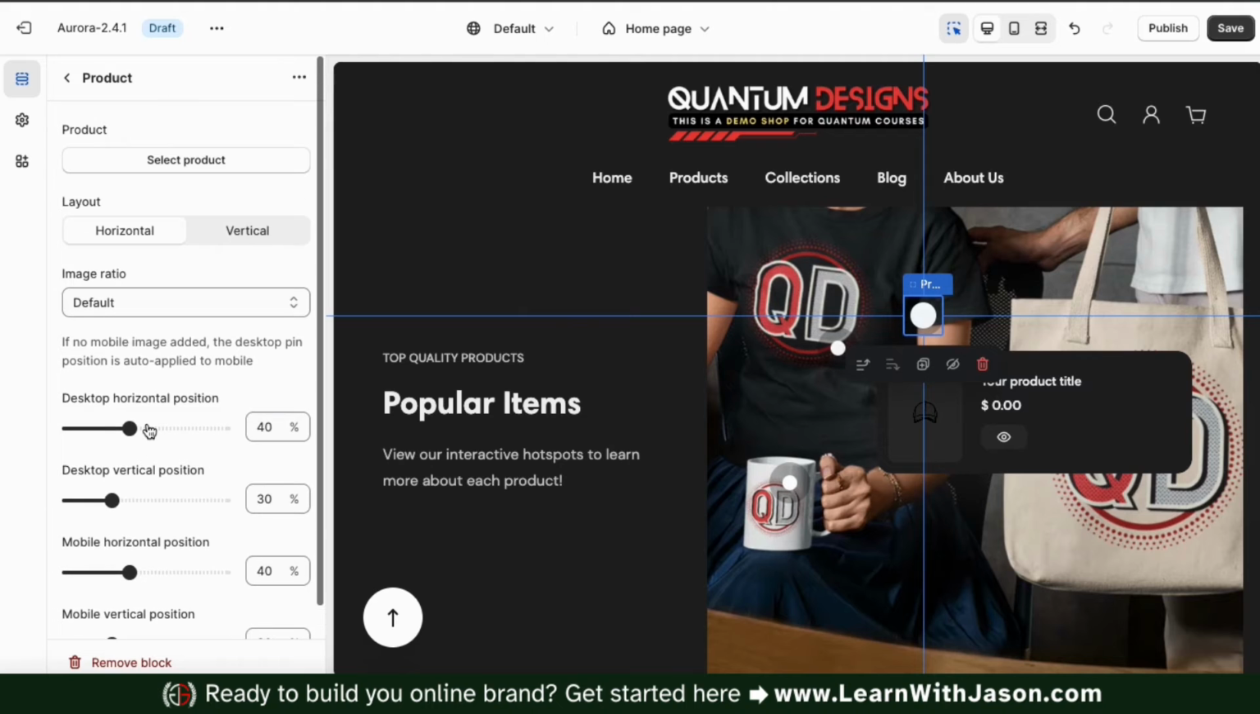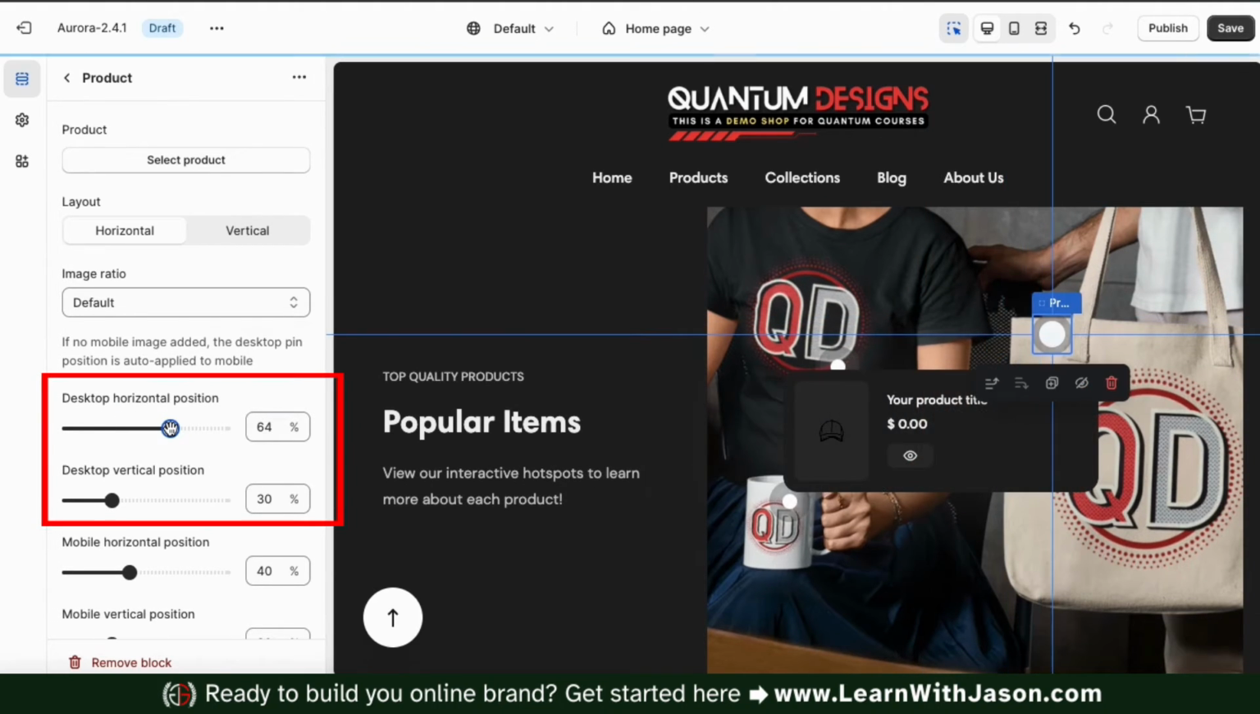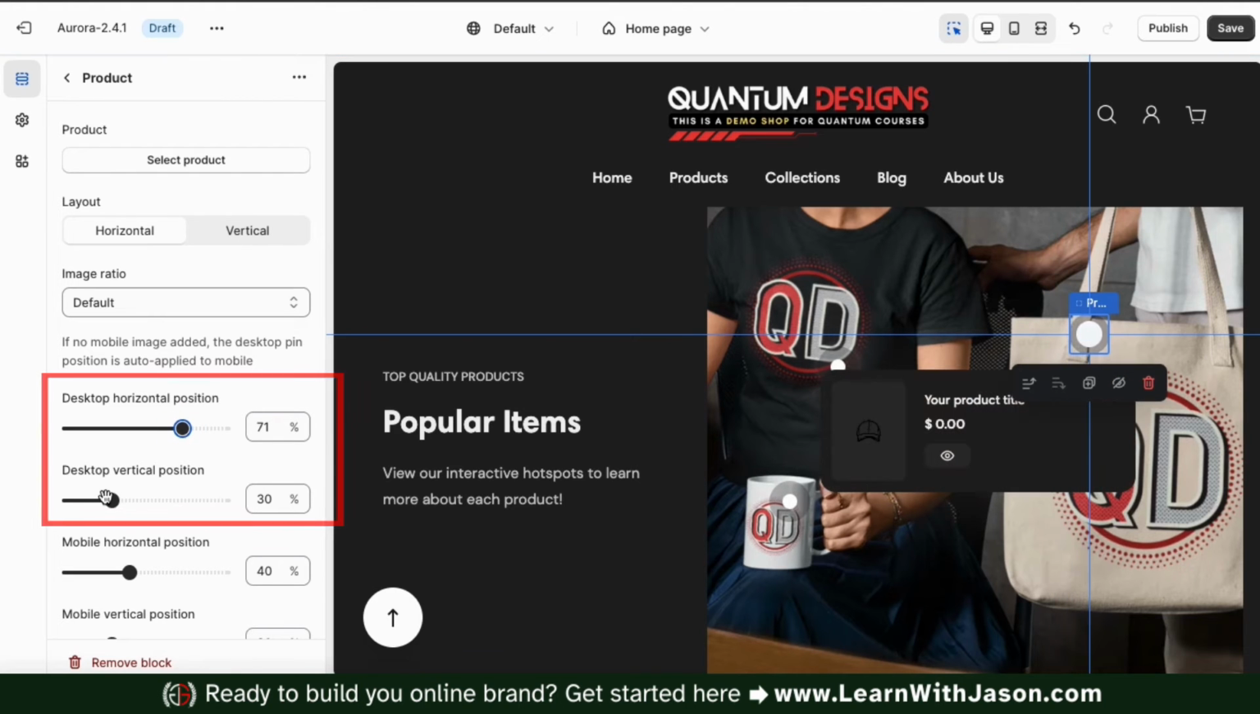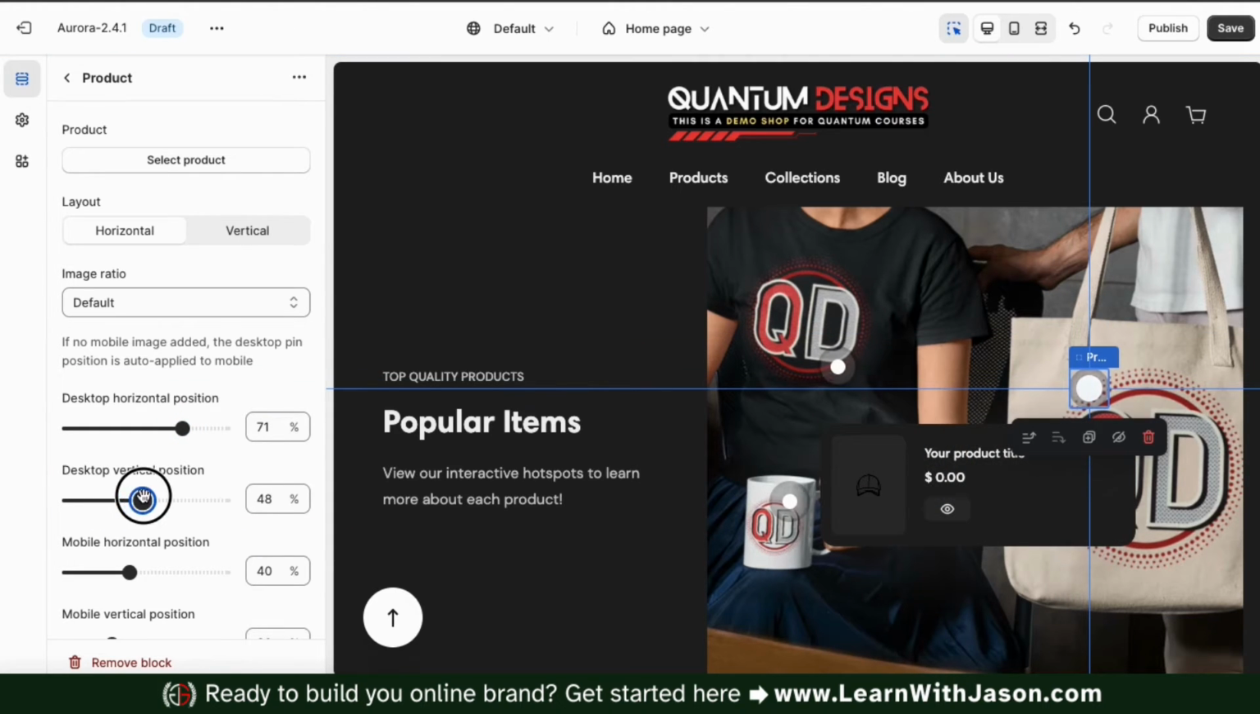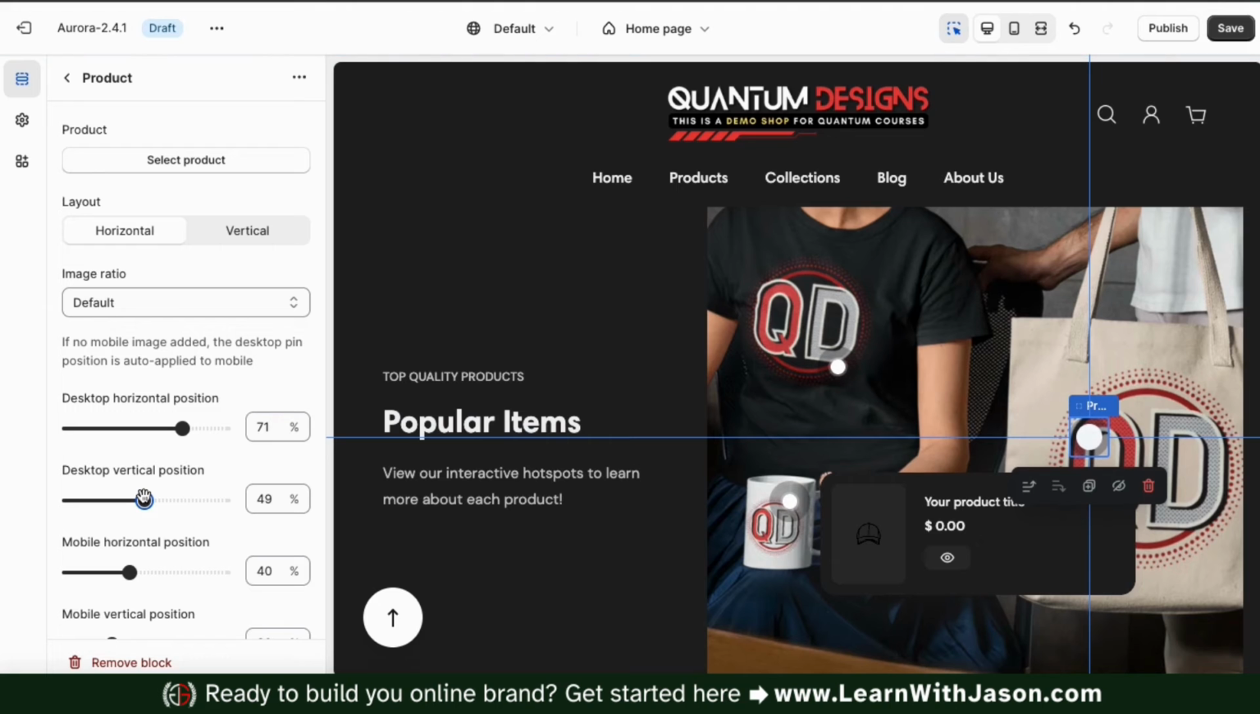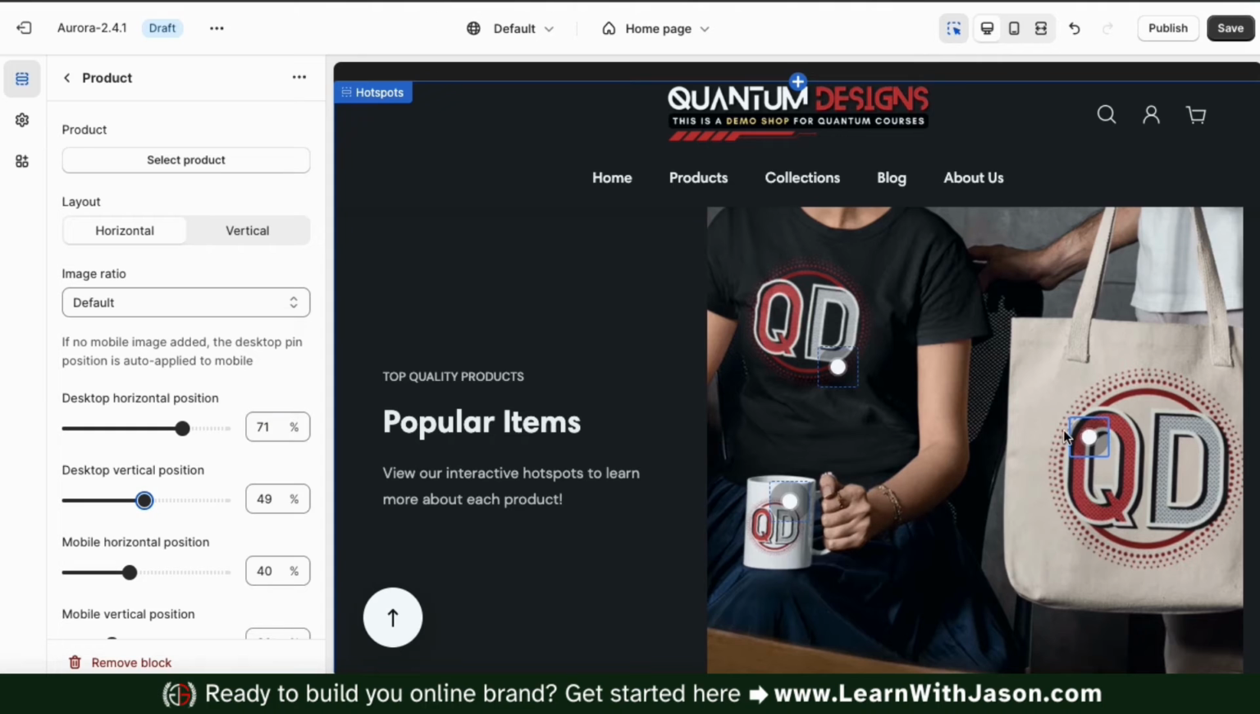I'm going to be highlighting my Quantum Designs tote bag, so before we add my product, let's use the slider bars here to adjust my hotspot location. I'm going to move it over to the right and down a bit to the middle of my tote bag. There we go. So now that my hotspot is located over my tote bag, let's go over how to add